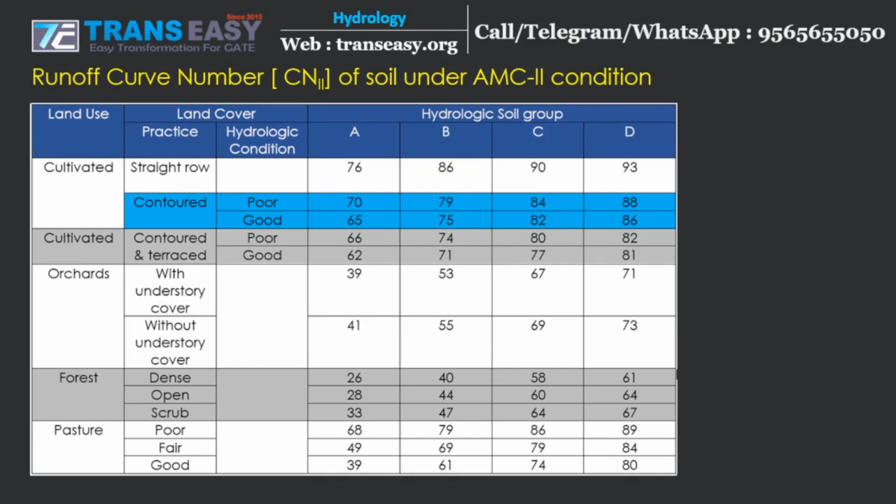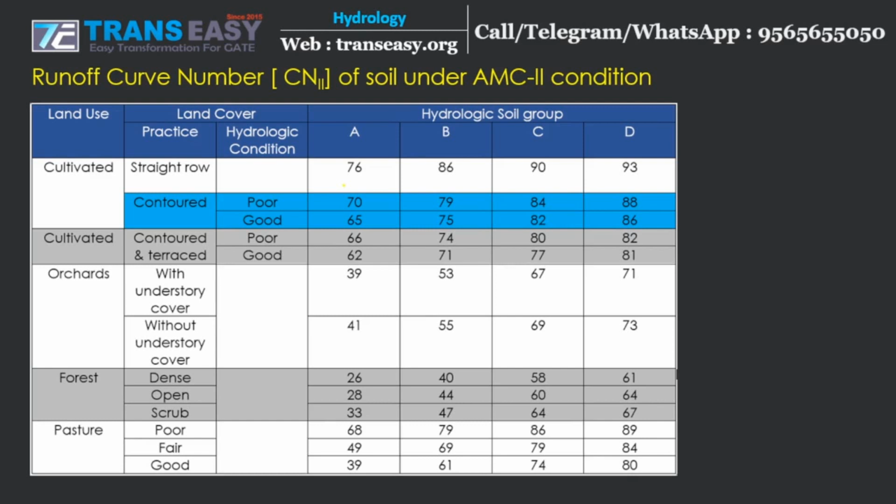लैंड कवर, जो प्रैक्टिस हम यूज कर रहे हैं, स्ट्रेट रो क्रॉपिंग, कंटूर्ड एंड टेरेस्ड, इस तरह से हमने दिया. एंड हाइड्रोलॉजिक सॉइल ग्रुप, ग्रुप ए, ग्रुप बी, ग्रुप सी, ग्रुप डी. ओके, डियर स्टूडेंट्स, फॉर कल्टिवेटेड स्ट्रेट रो क्रॉप्ड group A soil, curve number is 76. Group B,